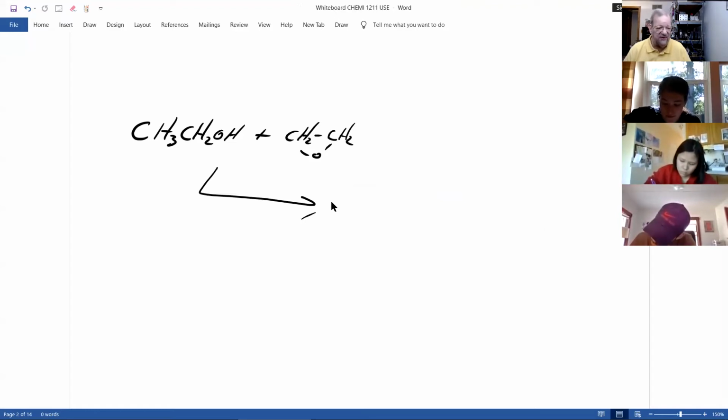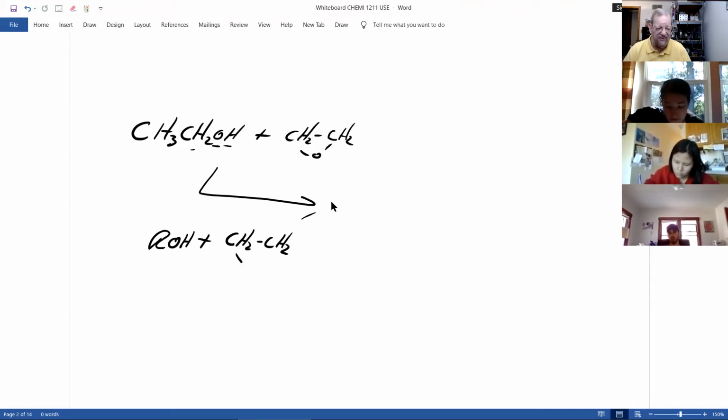What do I have here that's different? Oxygen. Remember, look for what's not carbon, what's not hydrogen, because that's where the fun is, and the action. An oxygen with a hydrogen and a carbon. This is an alcohol, and I'm reacting it with ethylene oxide, a three-membered ring, 2 carbons, 1 oxygen. And this reacts to give the following